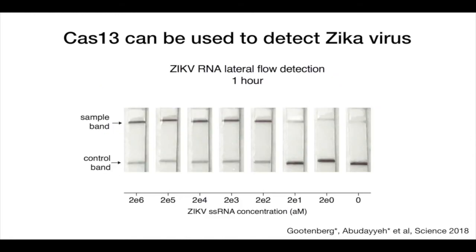So this is what it actually looks like. This is one of our earlier experiments. And in here, we found that with different concentrations of Zika virus, you can get to about 200 attomolar. And so this is about 100 molecules of the virus per microliter of biological sample. And so with further optimization, we have now gotten this down to where we can approach the single molecule per microliter level using this paper-based test.